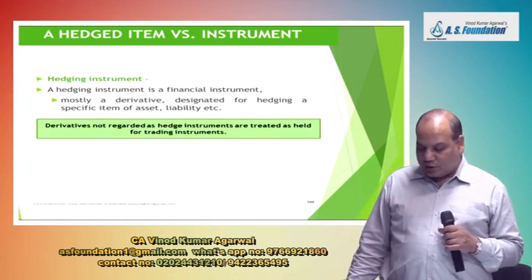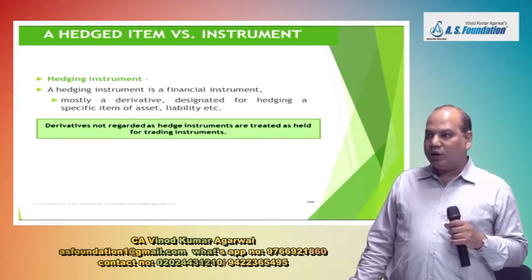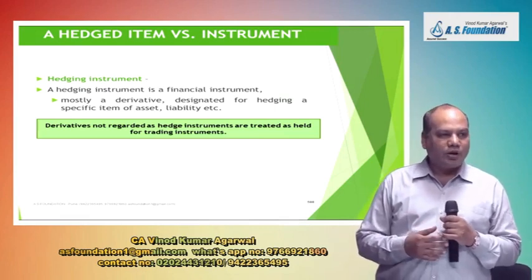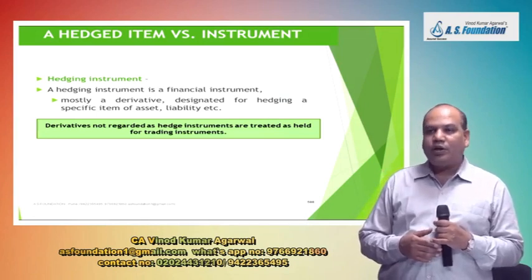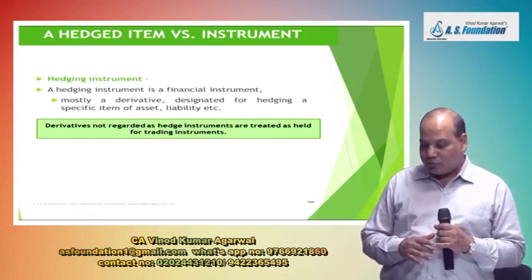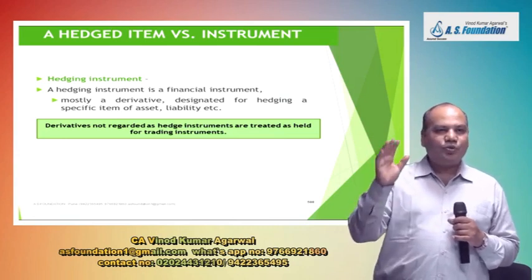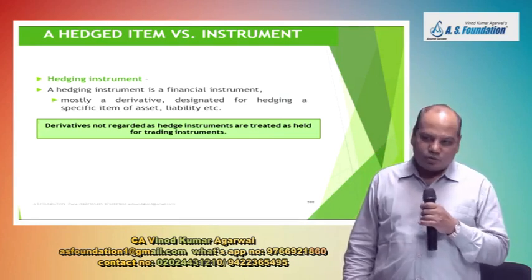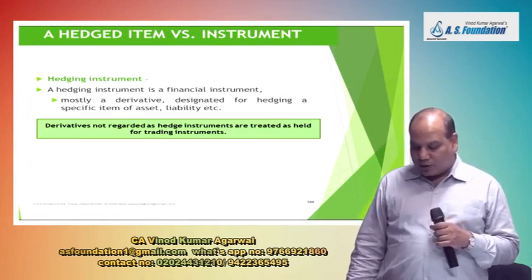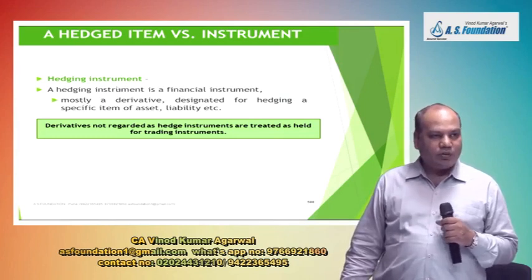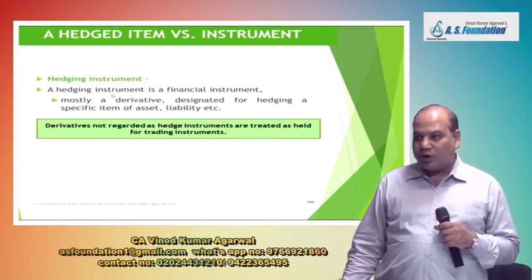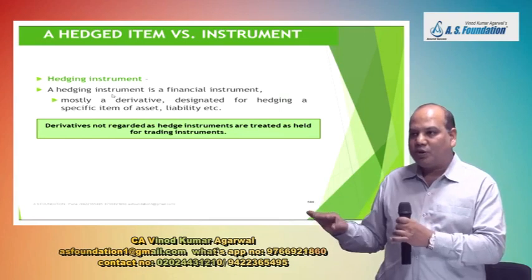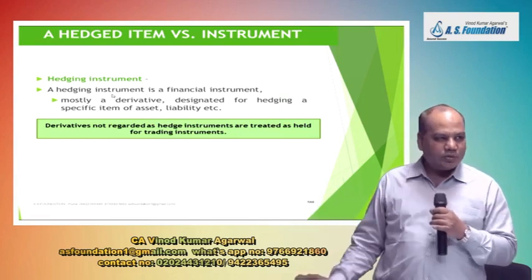Is it right? To protect the risk. It is usually a derivative product, but it can be any other contract also whose objective is to protect the risk. What is the treatment of derivative? Usually derivatives are assumed to be held for trading and therefore they are accounted as FVTPL instrument. However, if the management wants to use hedge accounting, then the treatment of derivative or the hedging instrument will be as per the special hedge accounting rules. Okay,